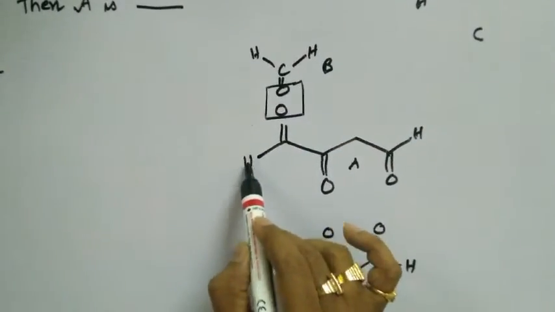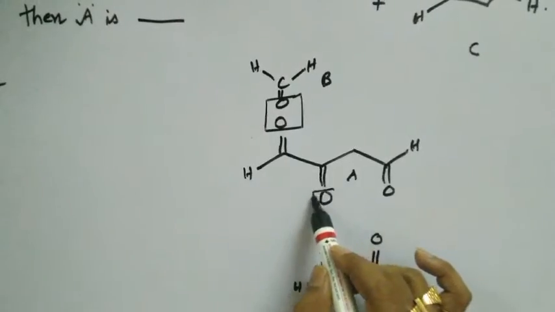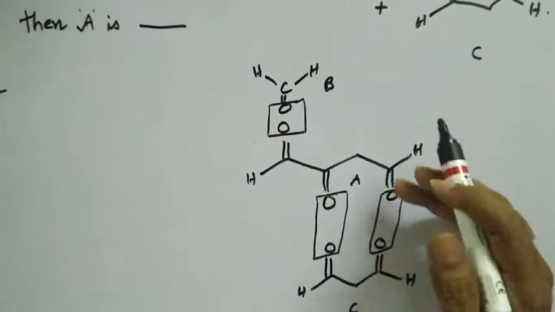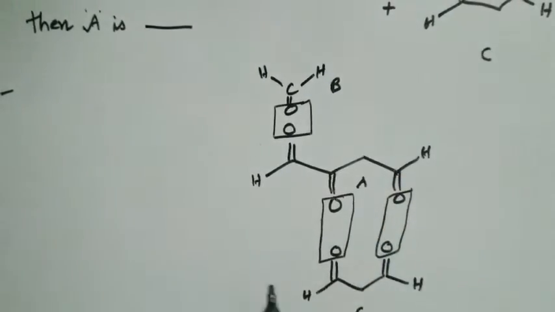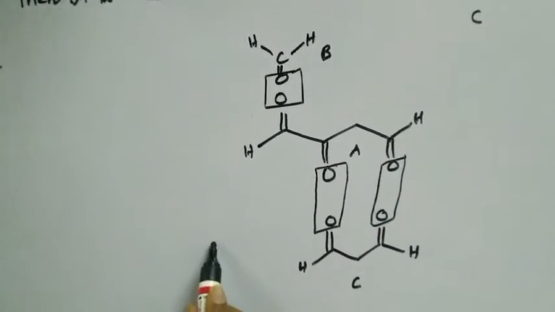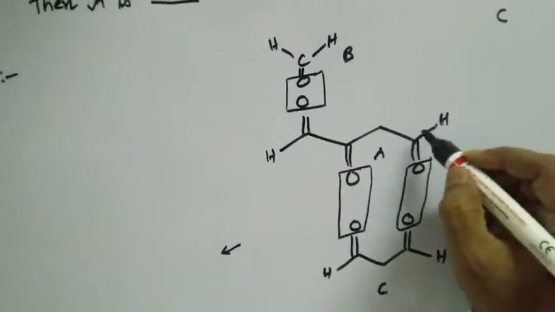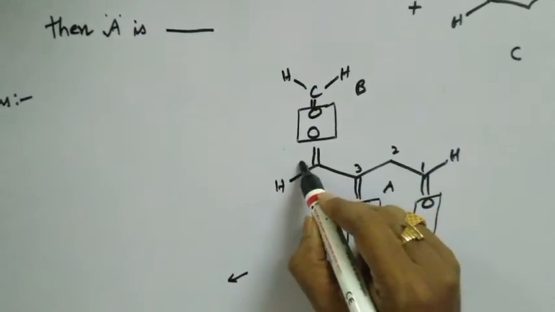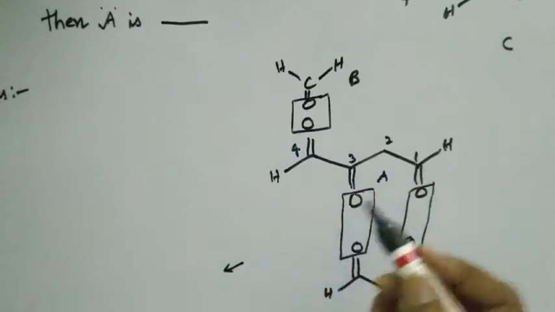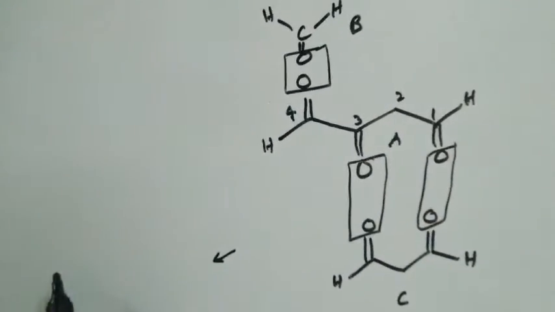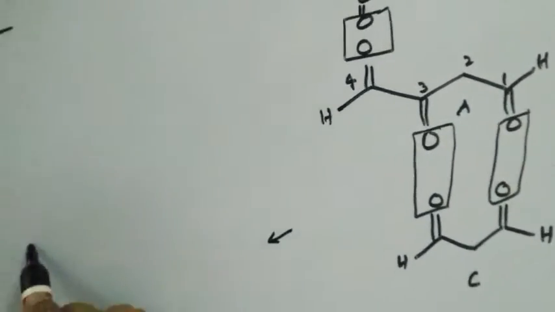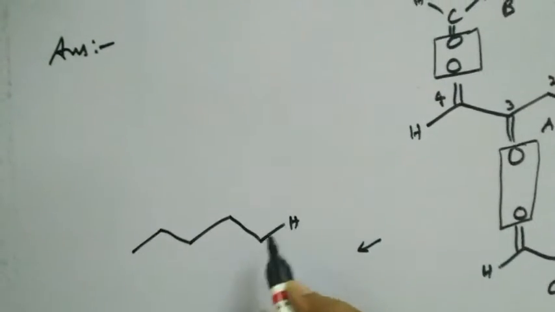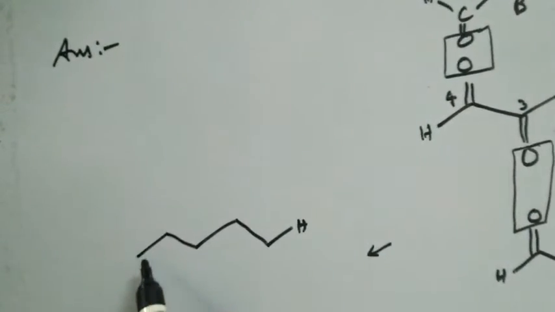So here it is hydrogen, mind you, and these are the oxygens that we are removing, and we need to place double bonds. Therefore, what is the compound obtained? Let us see. I also will number for simplicity: 1, 2, 3, 4. 4 carbons are there. So I am writing the 4 carbons here, 1, 2, 3, 4 carbons, a hydrogen here and also a hydrogen here.